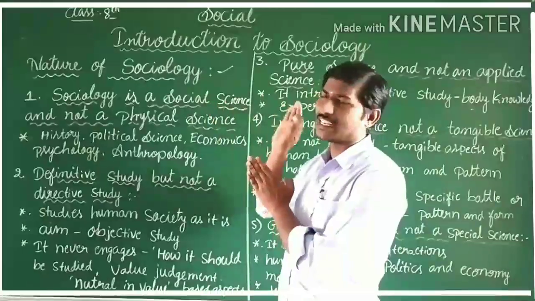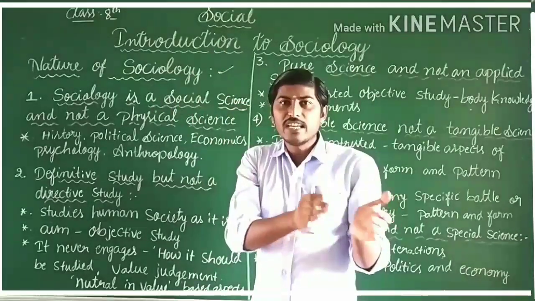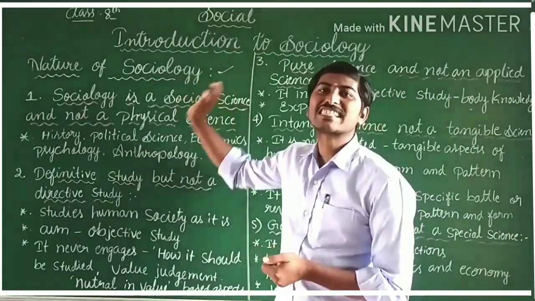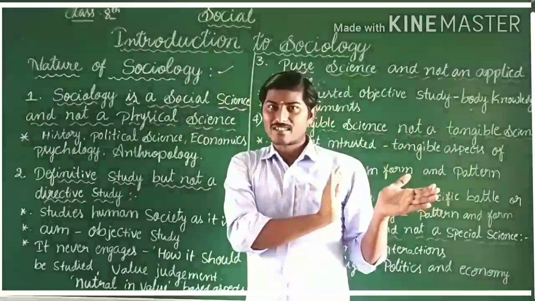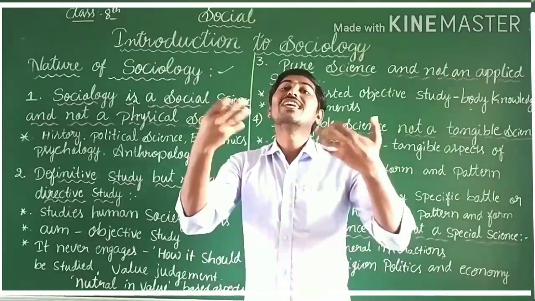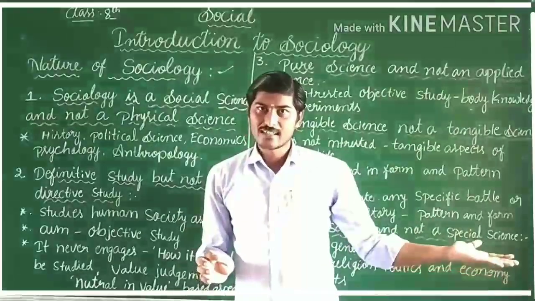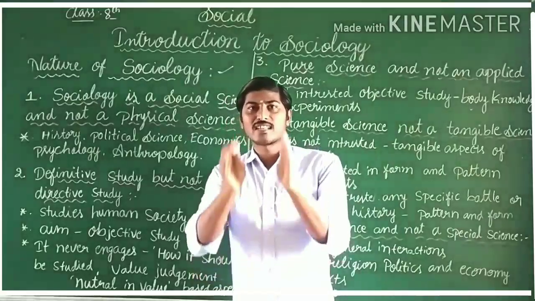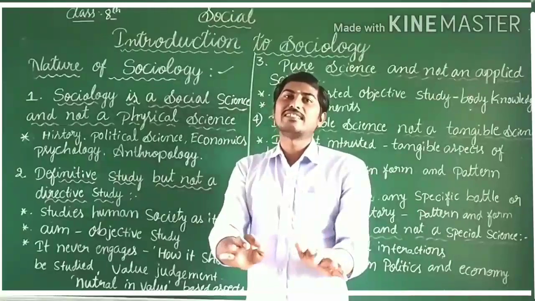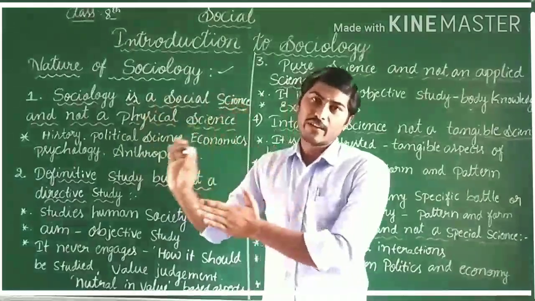The subject sociology comes from the social science subject, because, as you already know, sociology is also one of the sciences. It is an independent science, because sociology has a unique nature compared to other social sciences. That's why sociology is referred to as an independent science. It is a separate field of science.